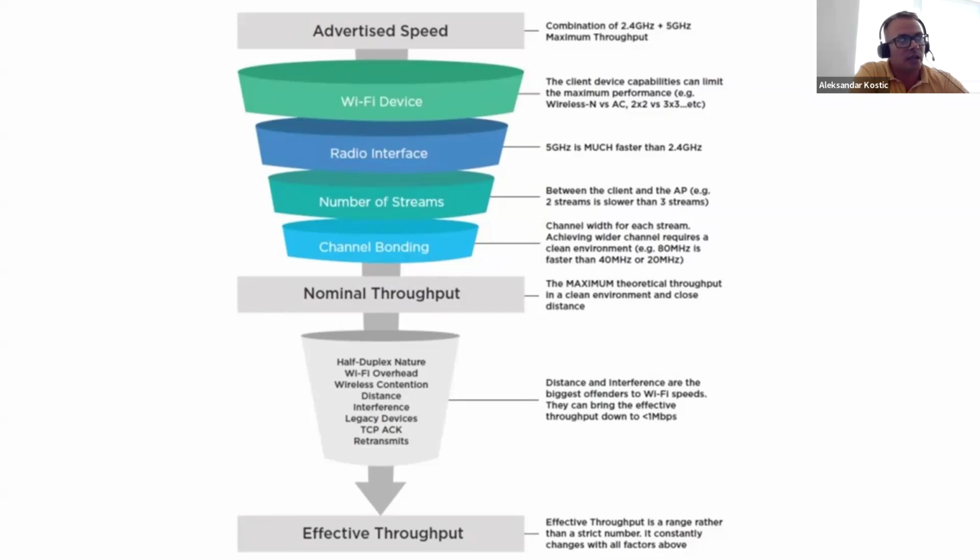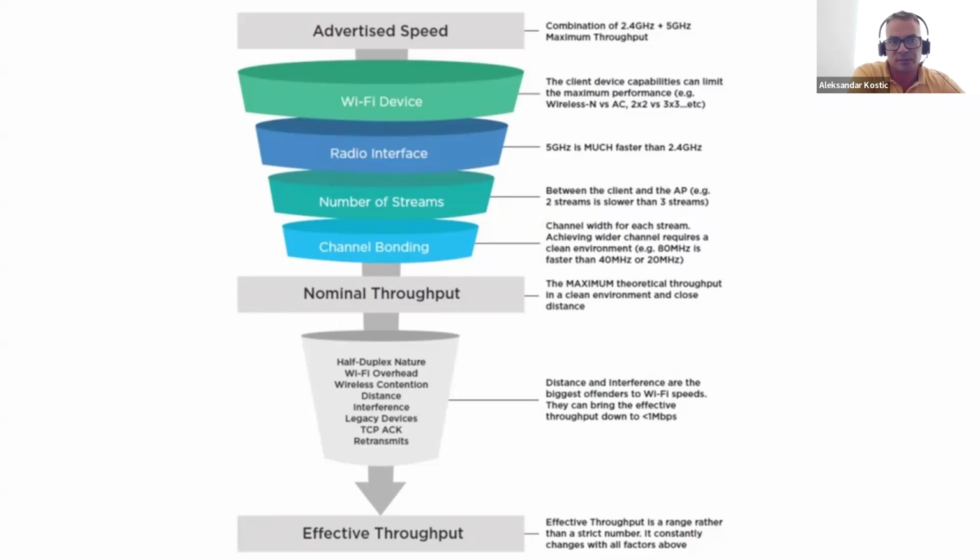Then the second thing is limitation when the radio interface is in question. I explained before that 5 GHz provides much better speed compared to 2.4. So if I have a certain area covered only with 2.4, my maximum speed would be around 3 times lower compared to the speed which I would have if I had connected